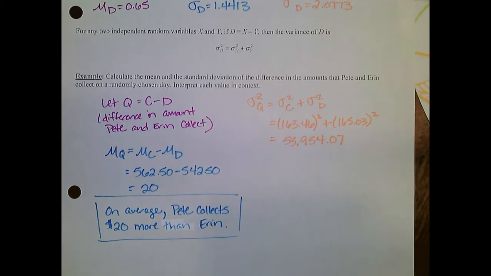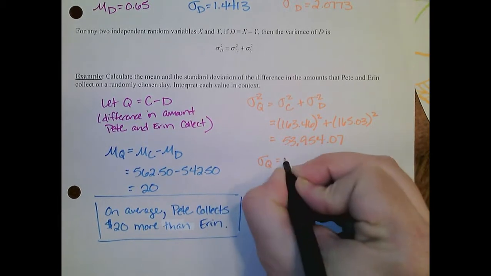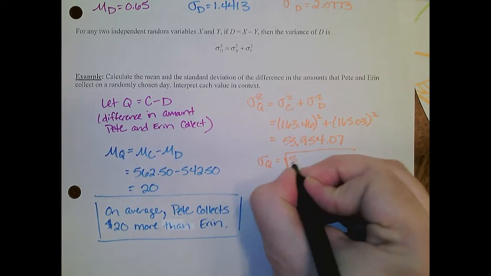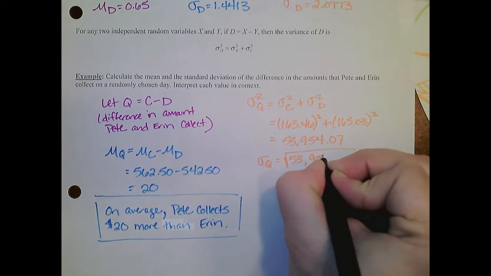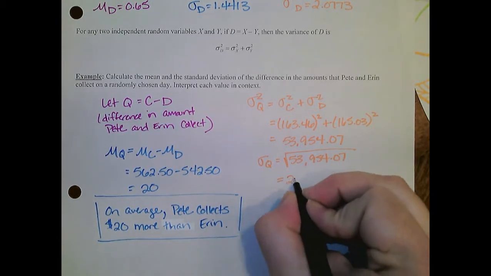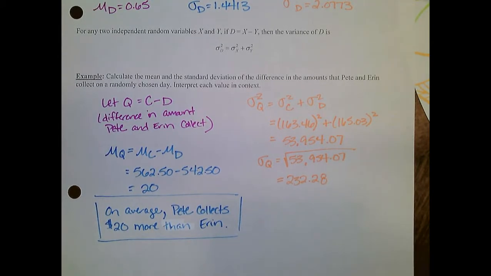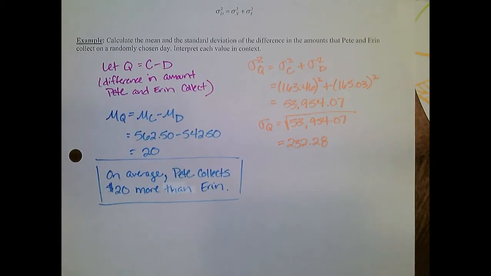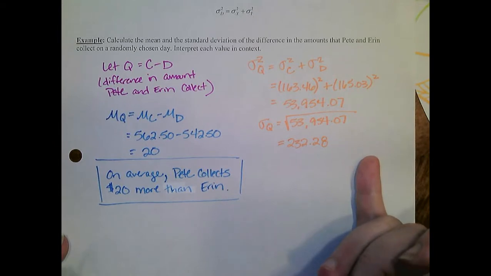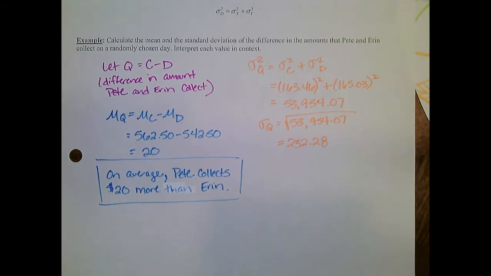And so then to find the standard deviation of Q, all we have to do is take the square root of that variance. Which gives us about 232.28. And again, they want us to interpret that. And this is the typical amount that the difference between the amounts that Pete and Aaron will collect will vary,